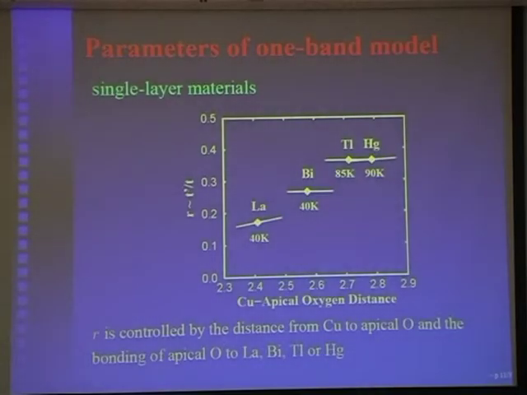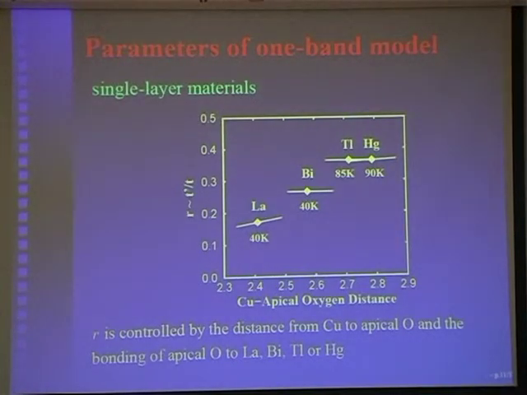Fair enough. You can draw a plot where you have the R parameter plotted on one axis and the copper to apical oxygen distance plotted on another axis, and you do find a certain correlation. As you can see, when you reach thallium or mercury, it's basically saturated. It's saturated because at that point the energy level position of your axial orbital has become the same as that of the pure copper s, because you have made this distance so large they can't hybridize anymore. So that is the maximum you can reach at the level of the single layer copper oxide